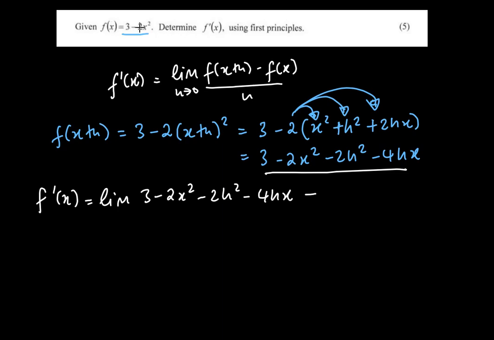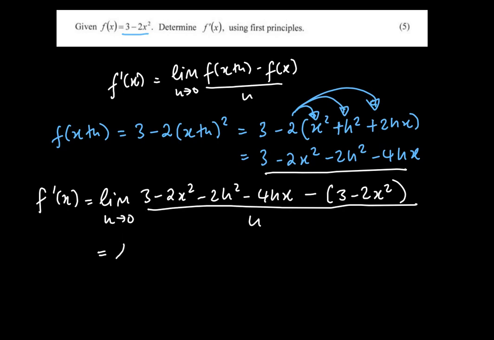Is the one given in the question, which is 3 minus 2x squared, right? Then that is all divided by h as our h approaches 0. So we're gonna say we have limit, right? It will be 3 minus 2x squared minus 2h squared minus 4hx, and then negative, there is a 1 here